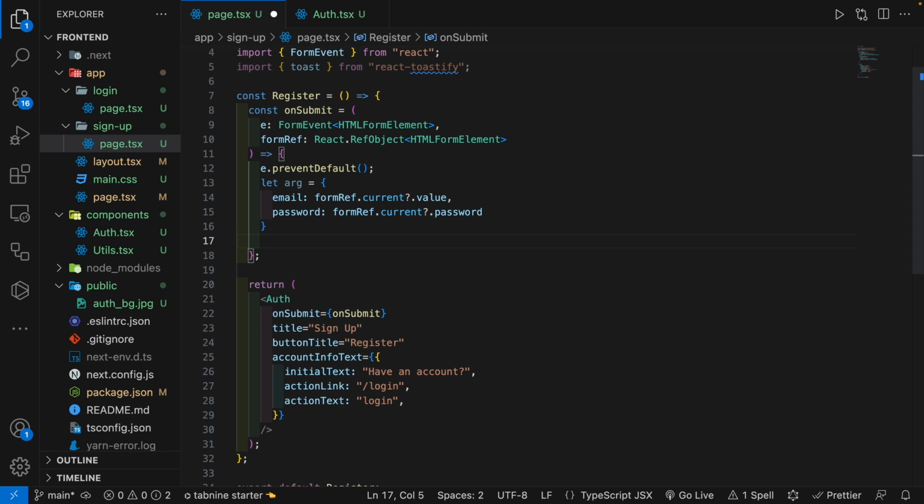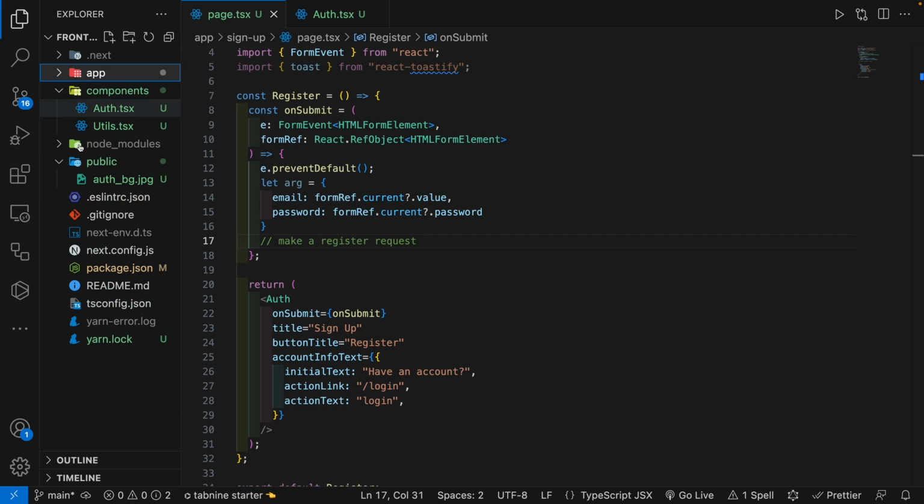So now that we have the arguments we need to make our request at this point. So here I can just drop a comment, make a register request. Like that. So one thing to know about writing code is your structure. So here we can just copy our URL for register and paste here. However, that won't be the best thing to do because in the event we want to change that URL and we might have used it at several points, then we'll need to start changing it every now and then, which is not good. So as a result of that, I can create a new folder here